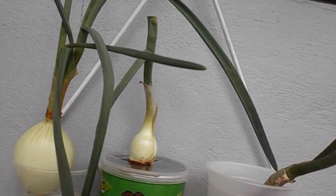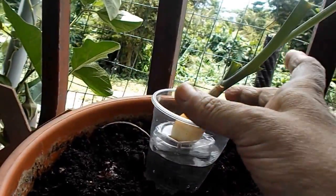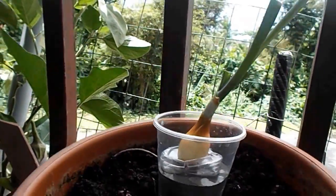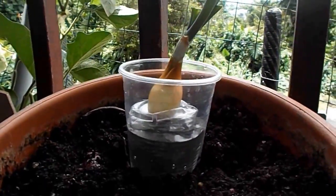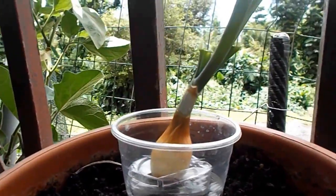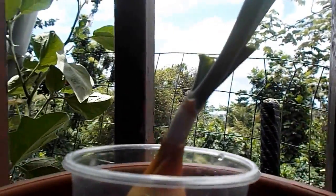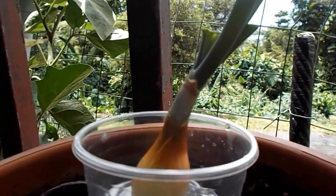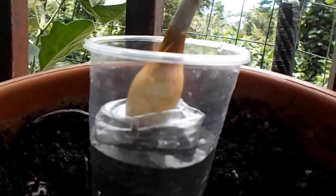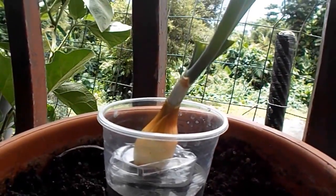And there's one more. Let me show it to you. This one. I didn't know where to put it, but the cup is lopsided because it was bent. So what I figured was, hey, I make a hole to hold the cup because it's lopsided, so this way it's not gonna fall. And this one wasn't so bad. It's one of the new ones, and this is the one that was starting to have roots but didn't have any yet. So I just hold it with the plastic again, you know, the inside plastic. I made a hole, put it through there, and put the water touching just the top, and that should